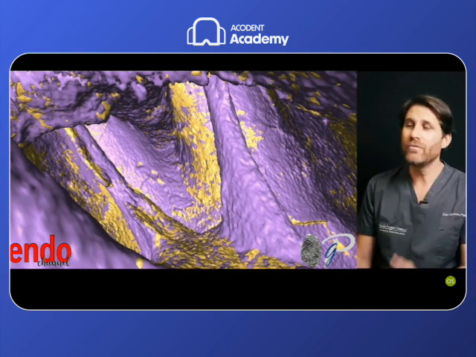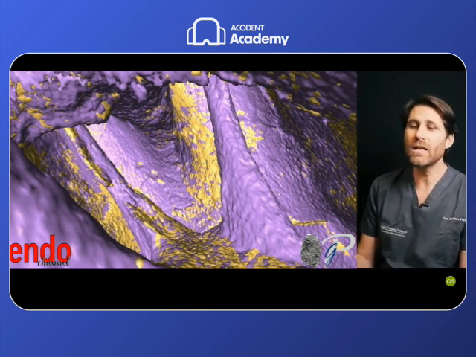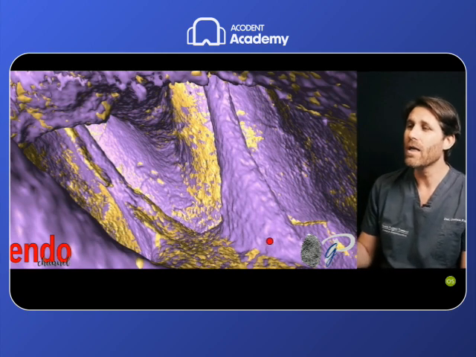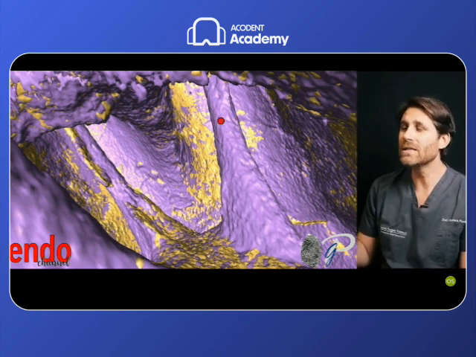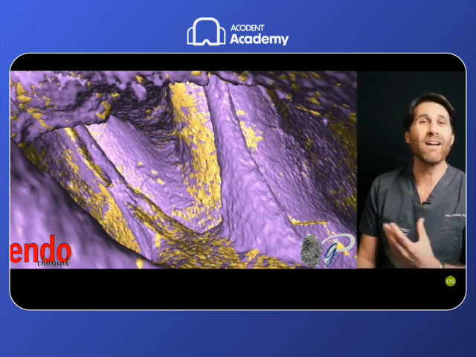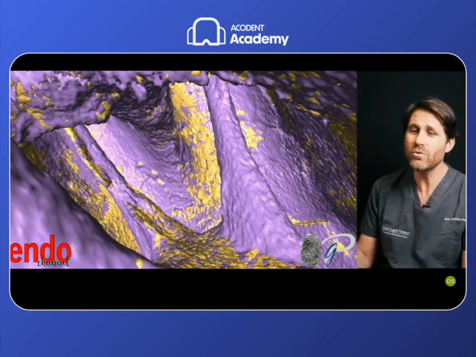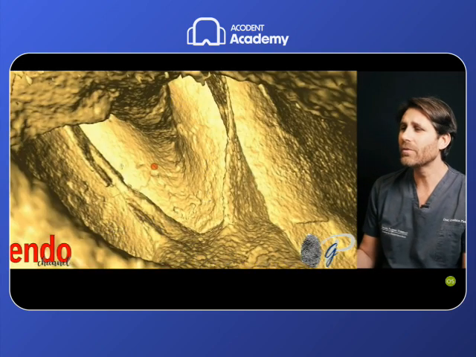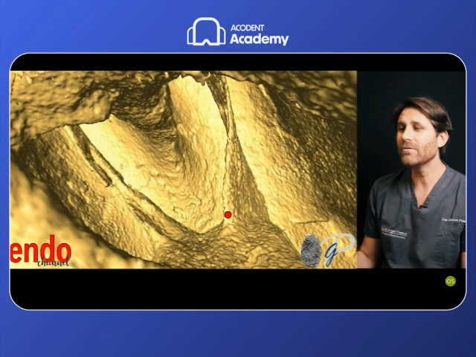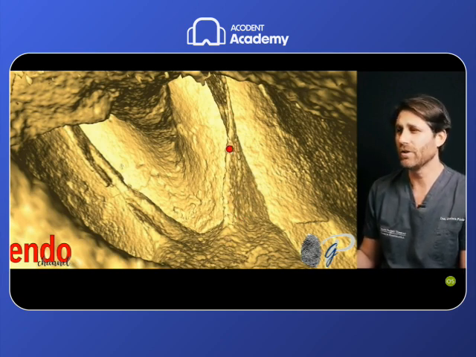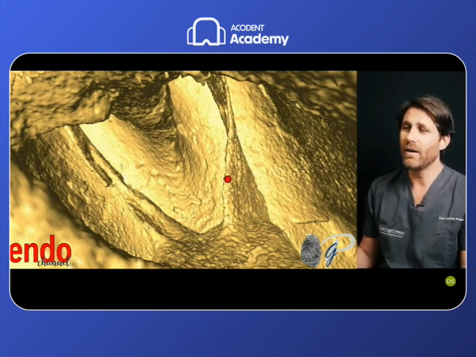We can remove this amount of dentin with ultrasonic tips, for example, but we need to go deeper inside the root, up to this level, 2, 3, 4 millimeters deep inside the root with aggressive ultrasonic tips, and I don't like to do it very much. So I use ultrasonic tips only up to this level, just to find the orifice and the invitation of the root canal. Of course, if the orifice is moved apically, as we have seen in the orifice location lesson, we have to go deeper with the ultrasonic tips.